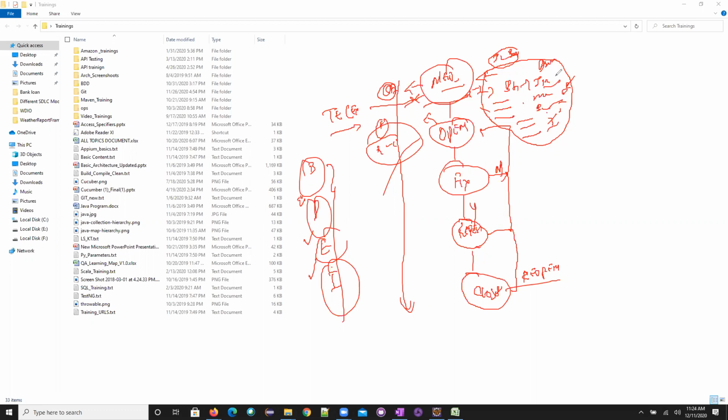So now what Shiva will do, she will create a bug, and then she will assign this particular bug to Ruma. So once the bug is assigned, the respective people will open that particular bug, and then they will read all these things. Then if they feel that this bug is a known bug, they will keep the status as a known bug. Or if this bug is a duplicate, then they'll keep this one as a duplicated bug.